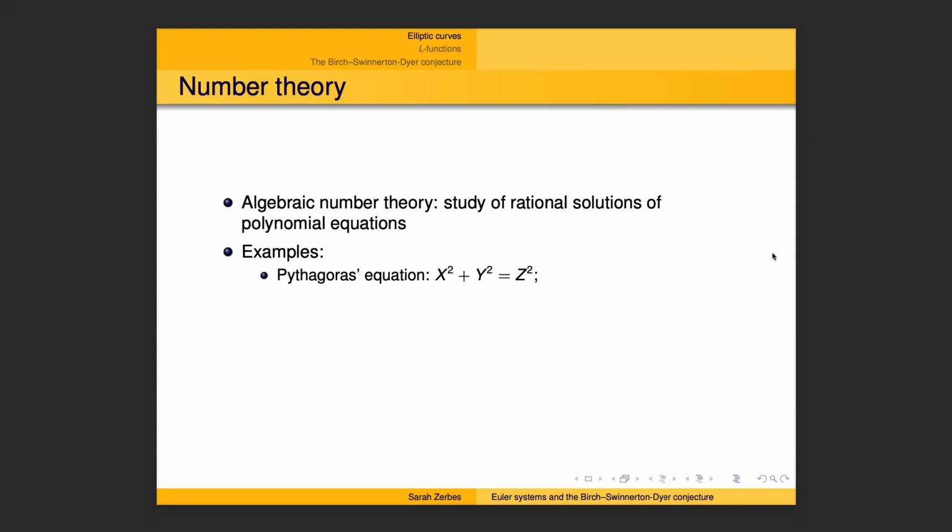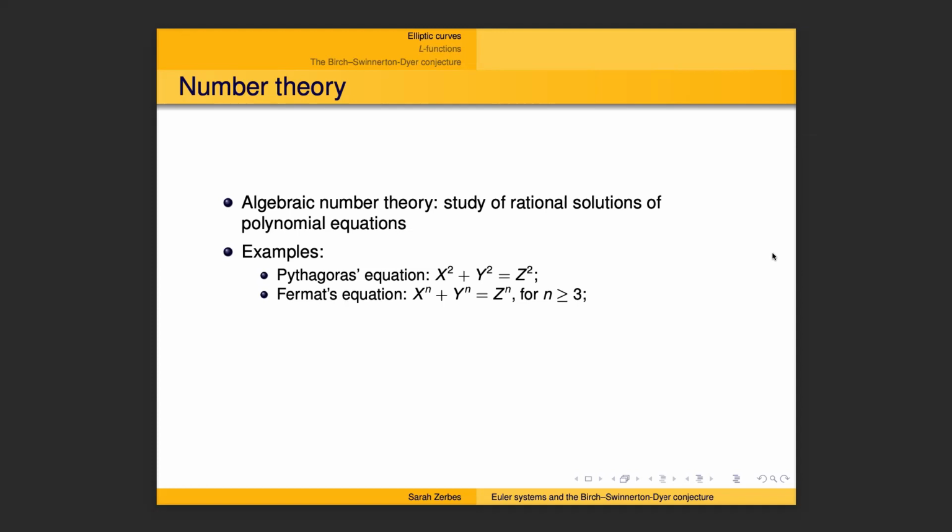Another apparently related equation is Fermat's equation, where we just replace the exponents by an integer greater than or equal to 3. Even though it is structurally very similar to Pythagoras' equation, it took many hundreds of years and many mathematicians to establish that there are no positive rational numbers x, y, and z